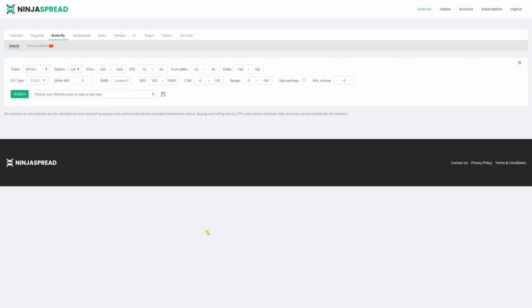Next, let's go to the Backspread scanner. Looking at the Backspread form, we can see that there are fewer inputs in here. Let's talk about them. So first of all, ticker, let's look for something in SPX. A put backspread with this price range. Days to expiration should be from 90 to 150, for example. The front delta should be like 10 to 30. I leave cumulative data as it is right now, and strike difference right now, let's check 50 as a strike